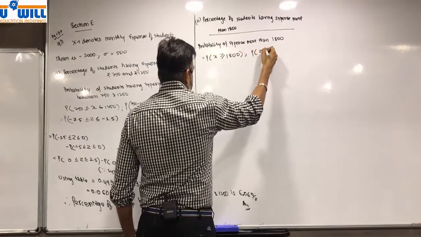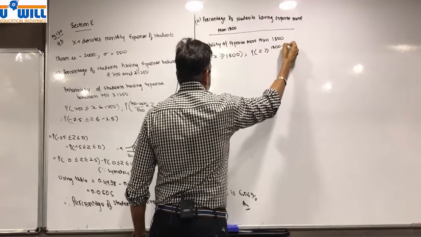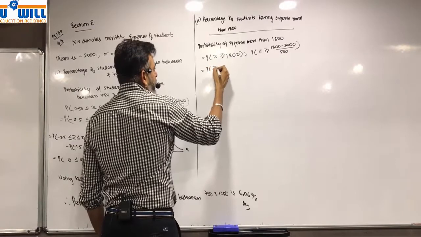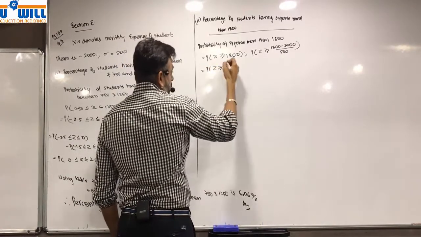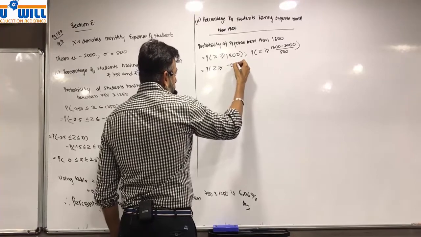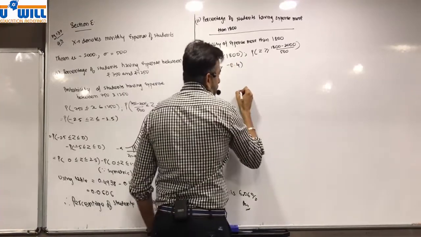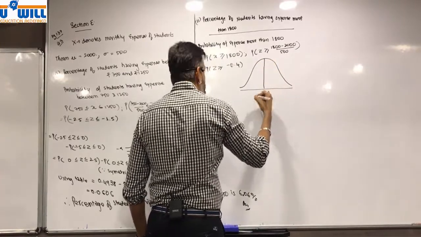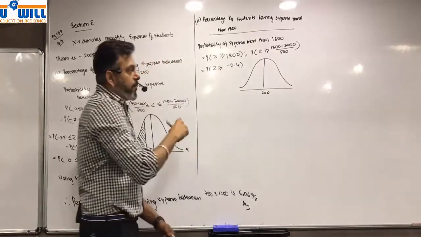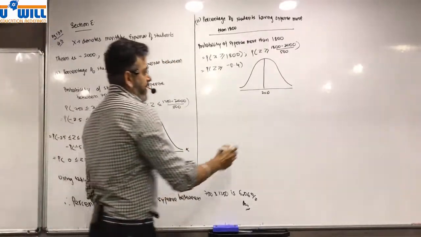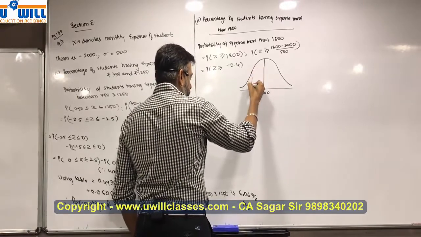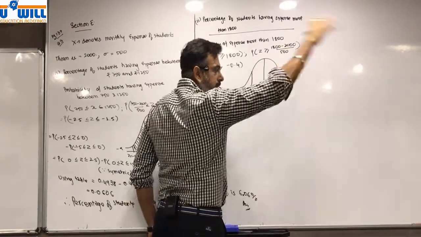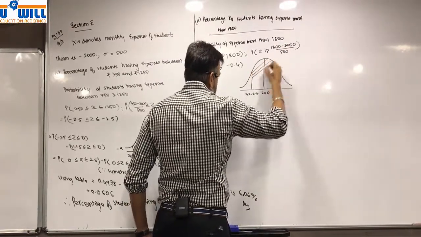We convert it into Z. 1800 minus 2000 upon 500 is equal to probability of Z greater than equal to minus 0.4. Now we draw the graph. Z is equal to 0, minus 0.4 which side? Left hand side. Very good. So over here Z1 is equal to minus 0.4, greater. So complete right hand side